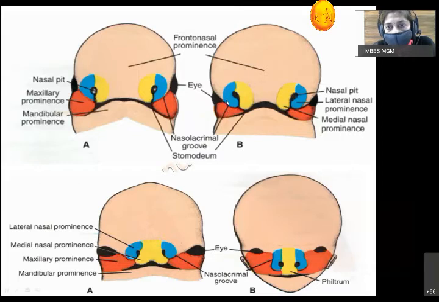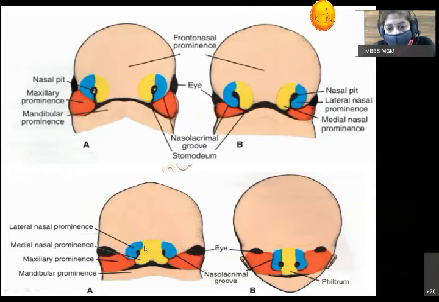Now when it fuses with the lateral nasal process, that time only we get the development of the nasolacrimal duct. Okay. So the maxillary process fuses with the lateral nasal process. It again grows. It fuses with the medial nasal process. Because of the growth, in the lower figure you can see, because of this growth of the maxillary process, which has already fused with the lateral and medial nasal process,